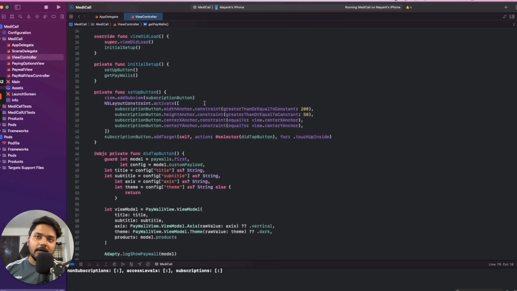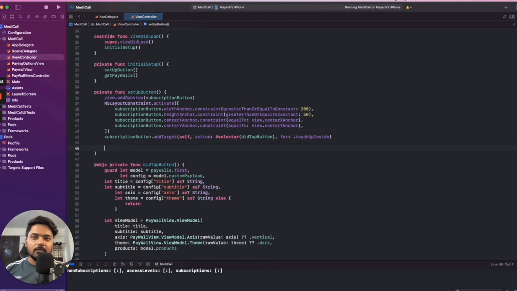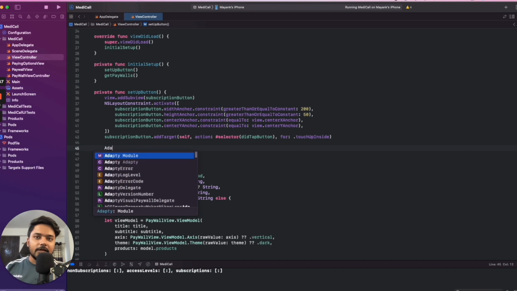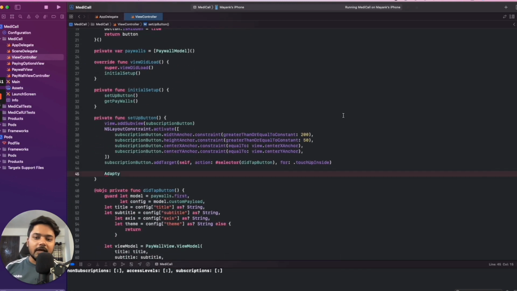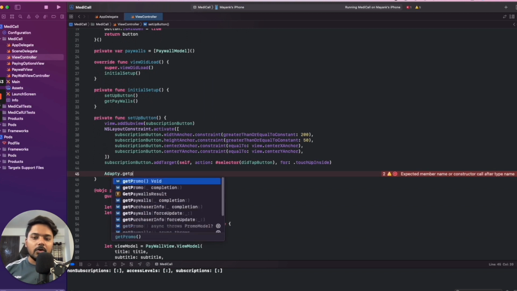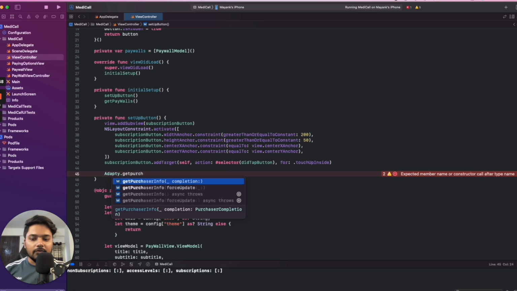So we don't want to hard code it based on the paywalls that we fetch. We want this action to happen when we have made a purchase, then it should not show up. If we haven't made any purchase, then this button should show up. So we are going to make it dependent on our purchase state. For that we will be using this method of Adapty SDK called